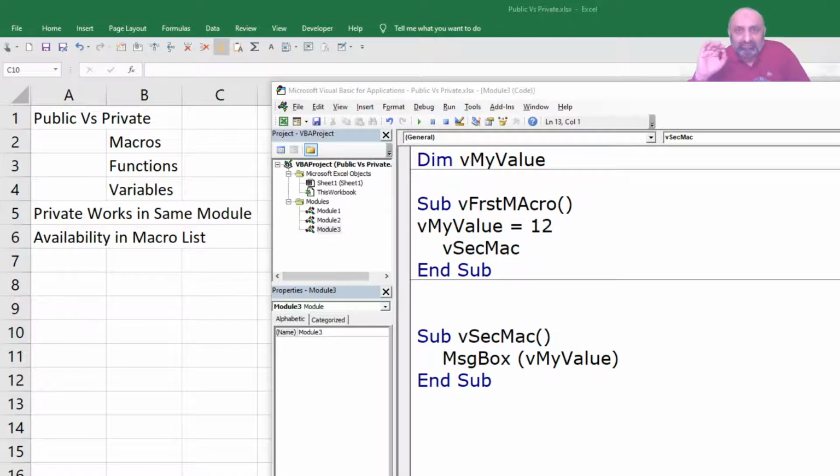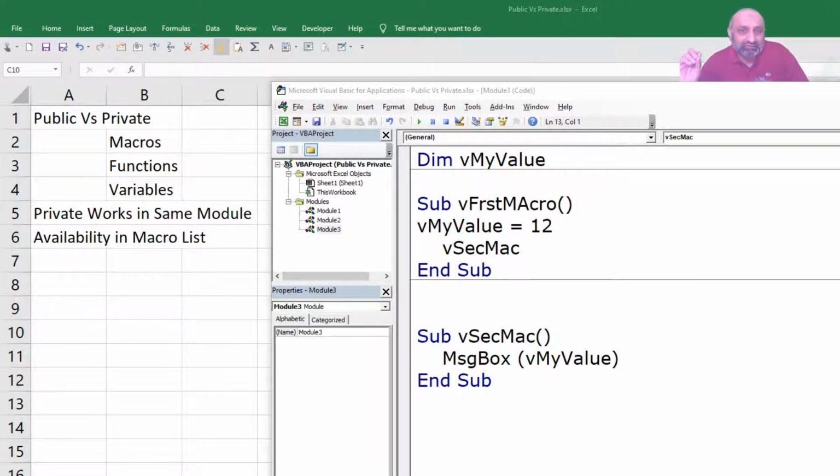Okay, your assignment is to test a third macro, and that third macro has to be run manually. It is not going to be called by the first macro or the second macro. That is an independent macro, and it will display v my value.